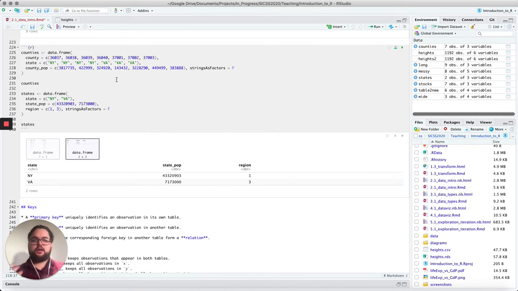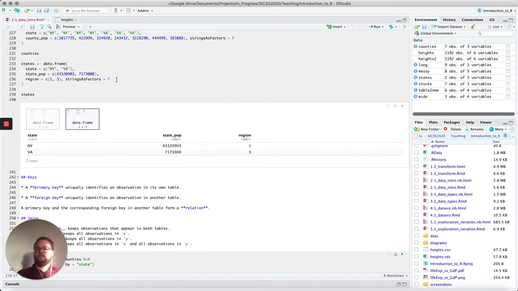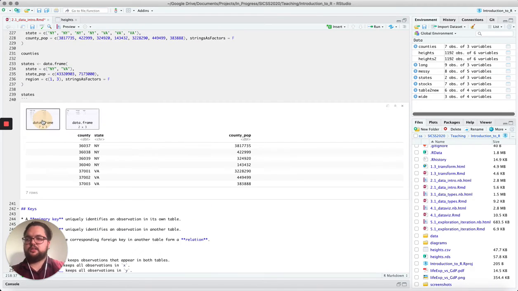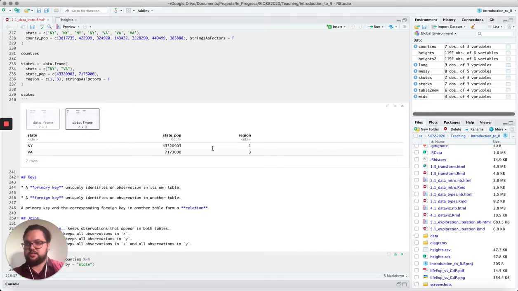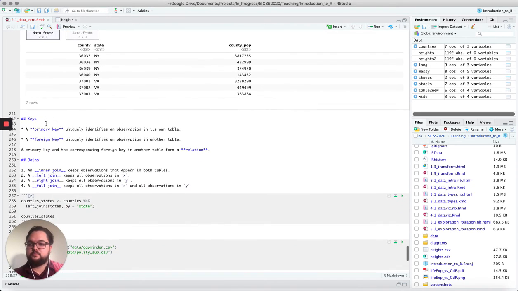So county population is a property of county, so it lives in the county table. So there won't be missing values there. Now all the ambiguity is gone. But what happens if I need to perform analyses that requires information about the county population and information about the state population? So I need these two tables to be separate for my data to be tidy, but for my question, I need to have data from both of them. So for that,